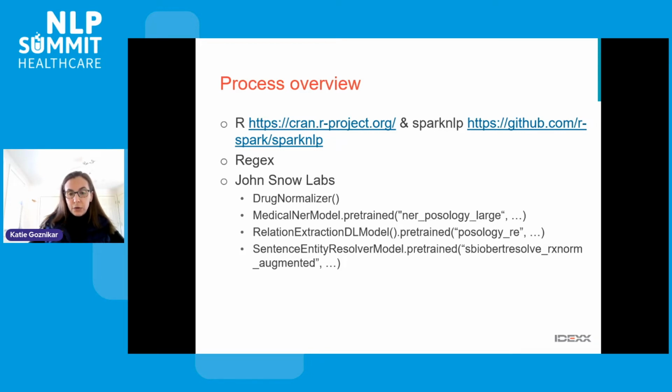To prepare our data, we used regex statements as a data cleaning step, removing non-drug products and cleaning text prior to entity identification. Some of the key John Snow annotators and models that we used are the drug normalizer, which has some nice formatting functionality, like putting spaces between numbers and units of measure, and it rebases units. The NER Pathology Large pre-trained model, which identifies all of the drug-related entities we're looking for, and the Pathology RE